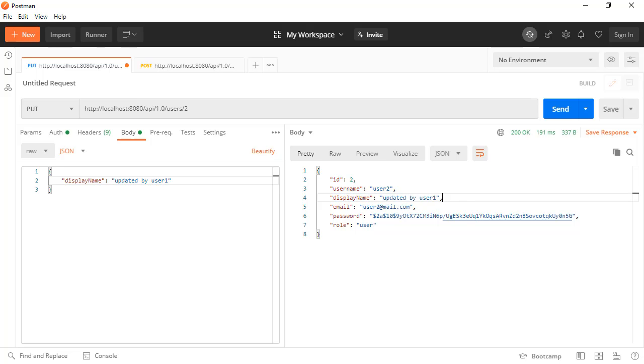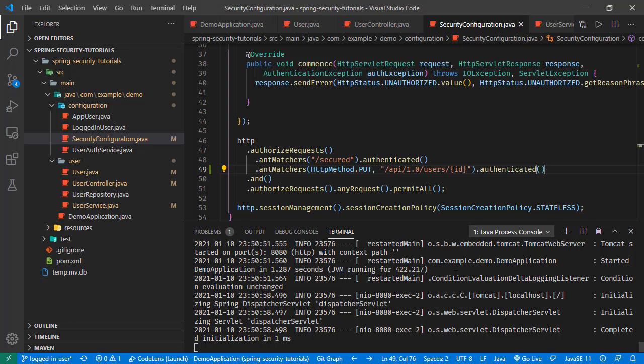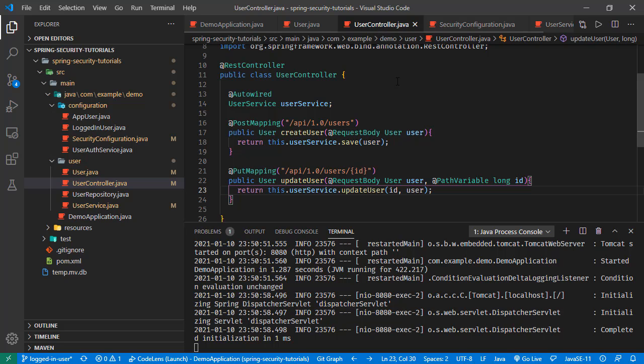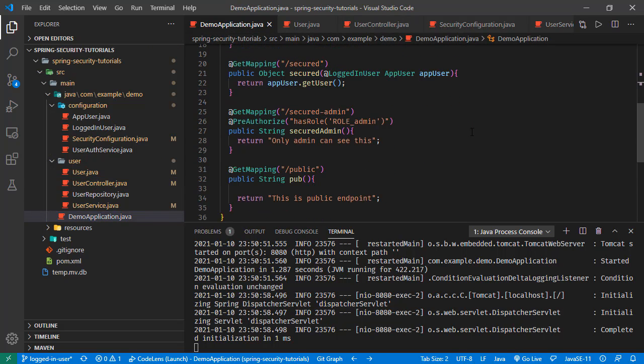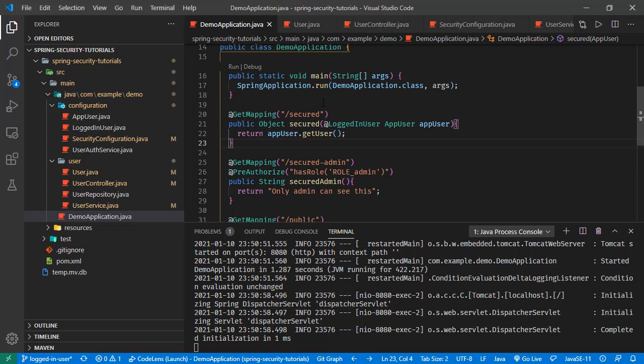Again, this is not something we want to go with. So what we can do is, let's go over the solutions. The first thing we can do is, in the previous tutorials here, we can see that we have this functionality right here. We are able to access the logged in user by using this annotation, and the app user